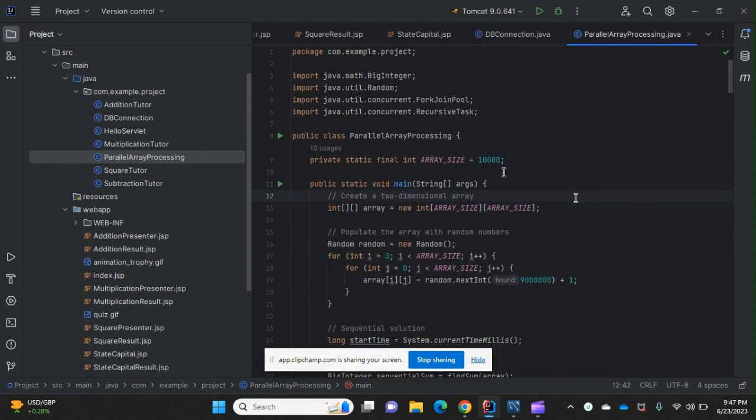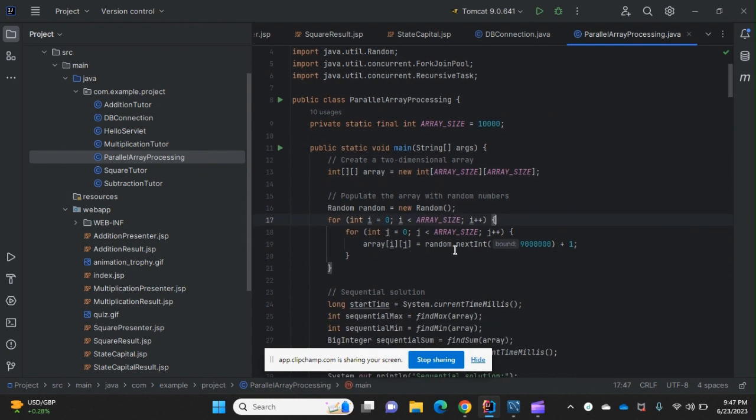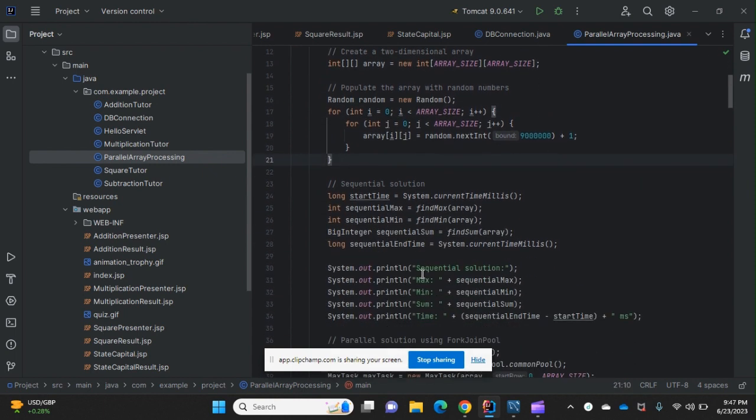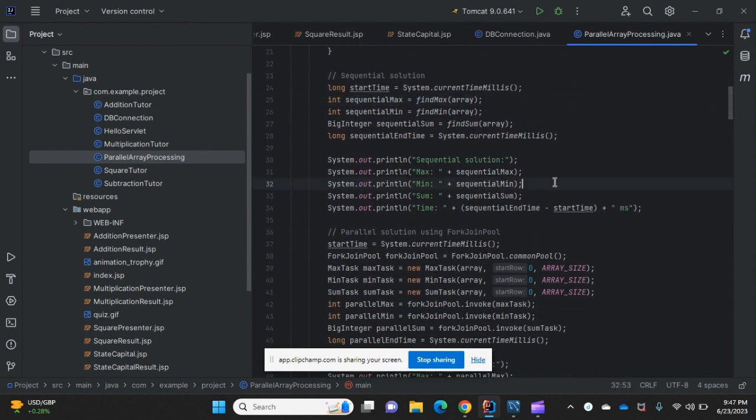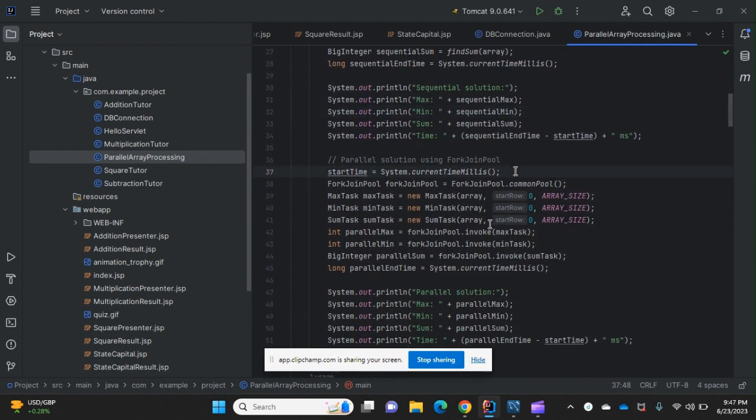So if you go to the logic, here I have declared the array size as 10,000, which is two-dimensional. Here I have populated the array with random numbers by using Random.nextInt, and going to the sequential solution, here it will measure how long it took. We have used System.currentTimeMillis. And going to the parallel solution, here I am using the ForkJoinPool framework, where it is going to divide the work into smaller tasks